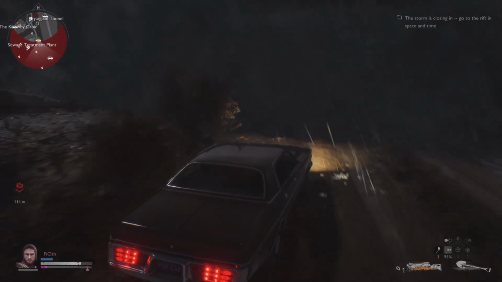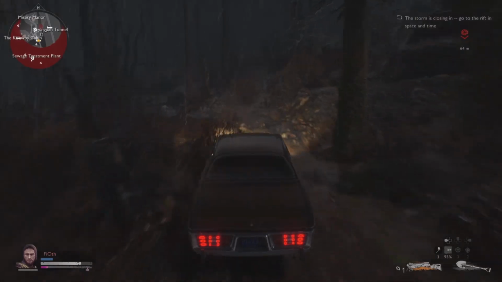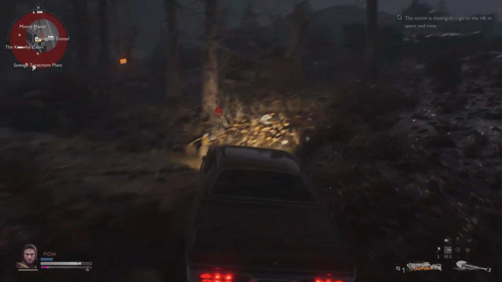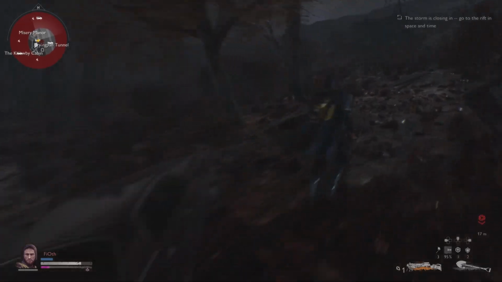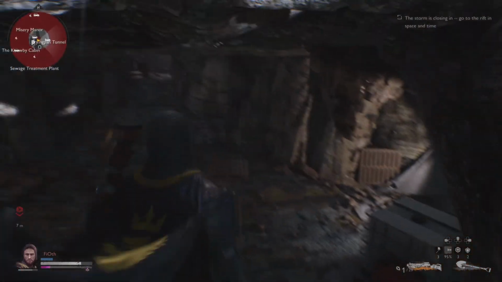Be careful of the fog here, guys. If you get caught in the fog, you're screwed. You have to really be fast about how you manage your traversal. So keep going towards the cave. Run any deadites that you find along the way over. And to save some time, the optimal way is to just go on top of this and drop into the